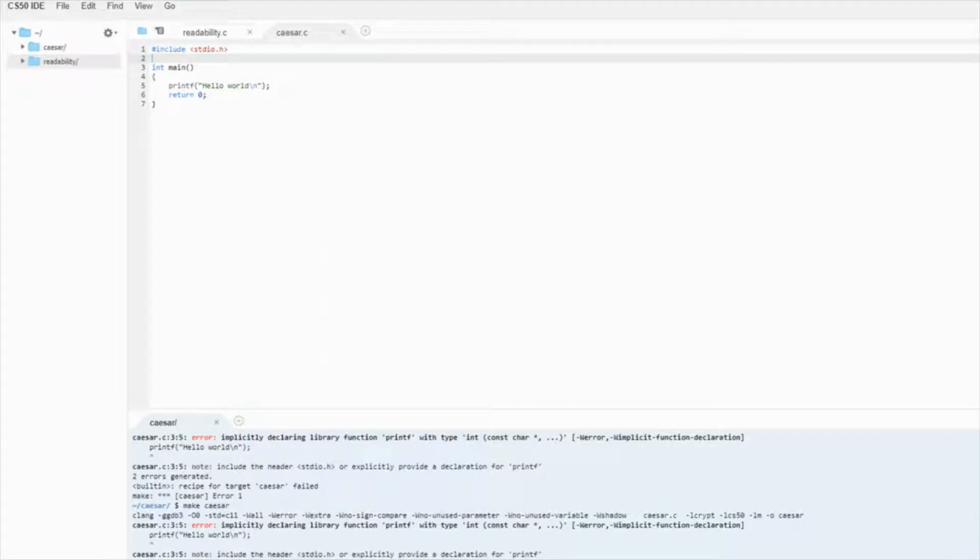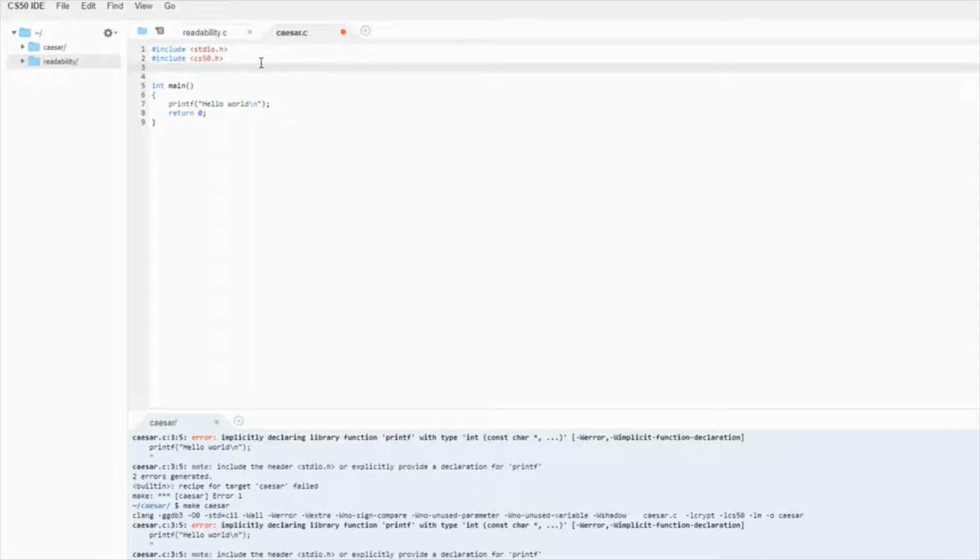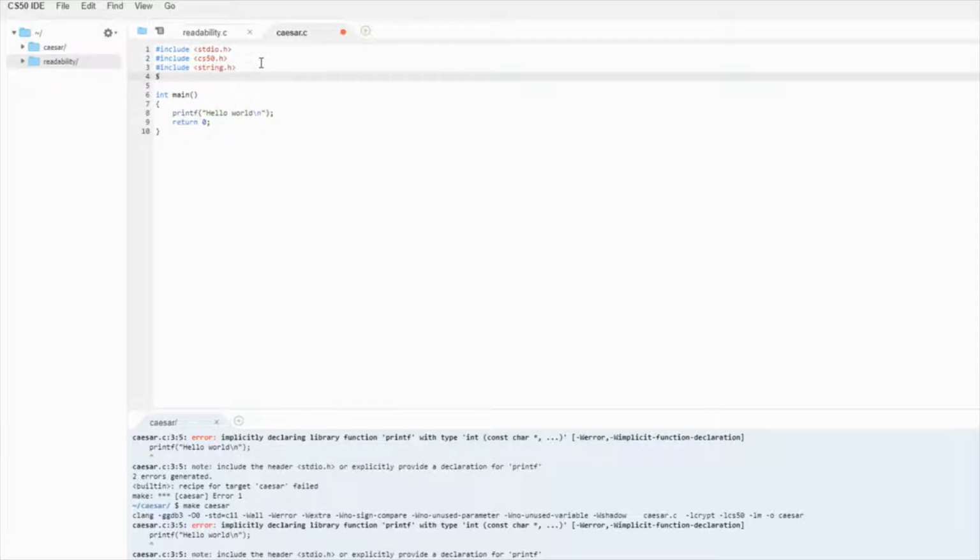While we're looking at the libraries, let's think of what else we'll use. This is CS50, and they have a lot of really cool libraries open for that. So let's include the CS50 library. I'm trying to think. We'll be working with strings, so let's include the string one. We'll probably be working with types, so let's include the types.